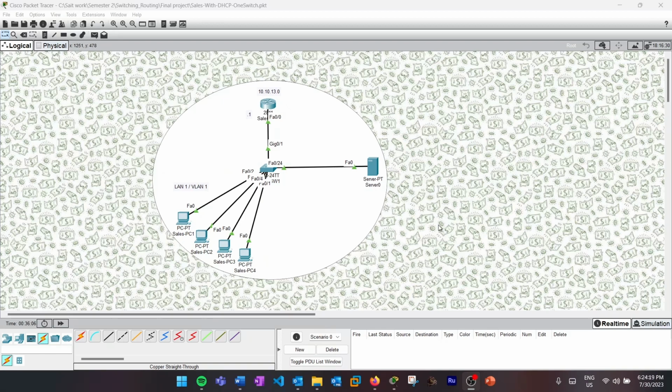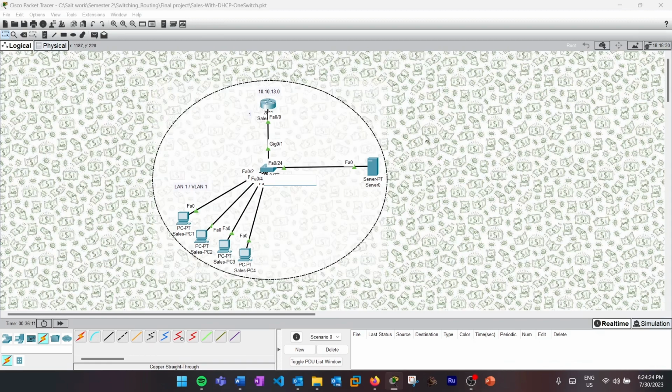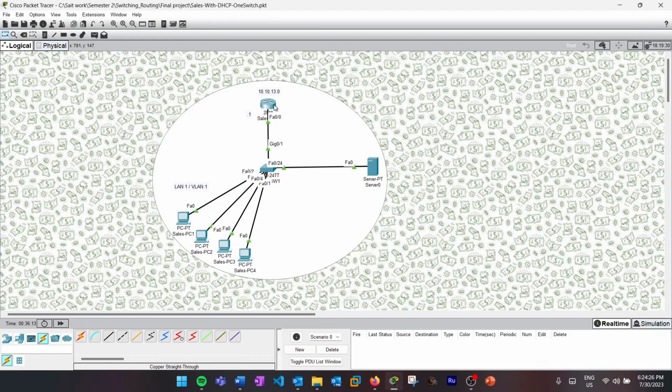Hello, I'll be demonstrating how to create a small network with a DHCP server. So with this topology, we have one router, which is on the 10.10.13 network, and we have 4 PCs here connected to a switch. So first, we'll look at the server,